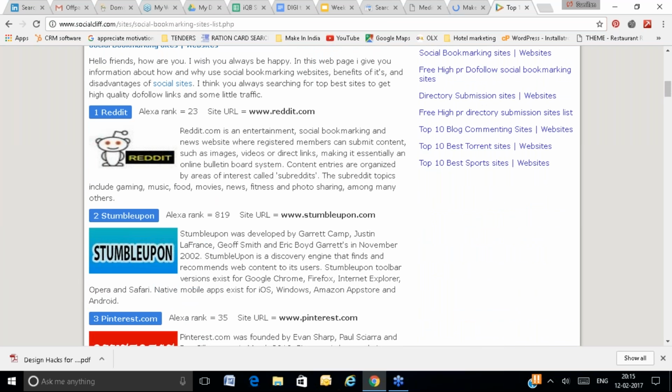Social bookmarking, like Reddit is one of the very good social bookmarking websites. Digg, Delicious, Reddit, StumbleUpon, these are the different bookmarking websites. So whatever link you are sharing on this website, the public will get to know someone has bookmarked this page.